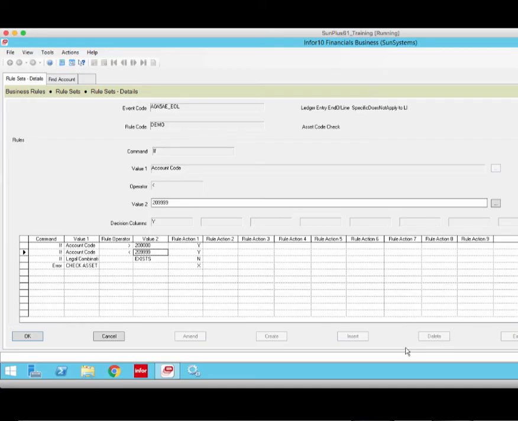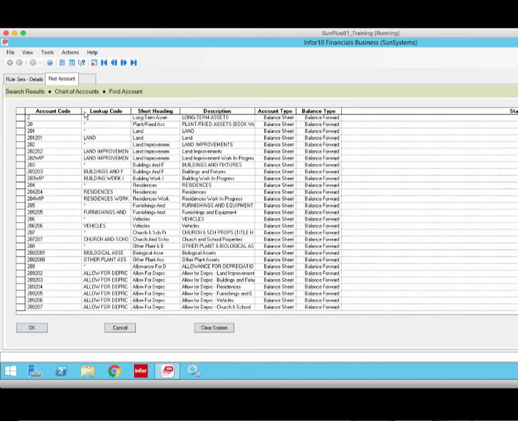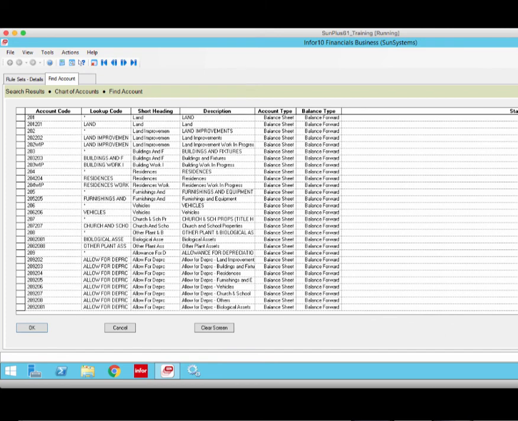I'm sorry for the slight disconnect here, but I have to revise the rule to properly focus the business rule on just ledger entries involving fixed assets. I think I've got it right here. So if the account code is greater than 200,000, you can remember that fixed assets go from 200,000 up to 299,000. Okay, looking at the